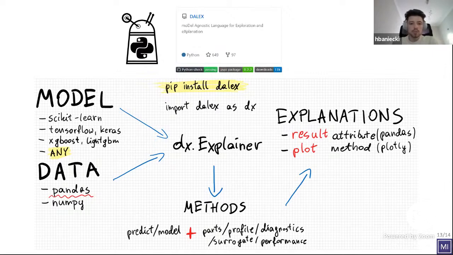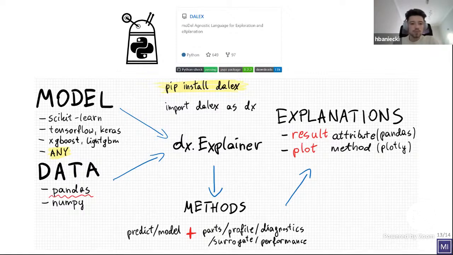Each method will return you an explanation object, and these explanations vary, but all of them have the same one attribute and one method: the result attribute, which is a pandas data frame with the computed explanation, and the plot method, which uses plotly to visualize the explanation.